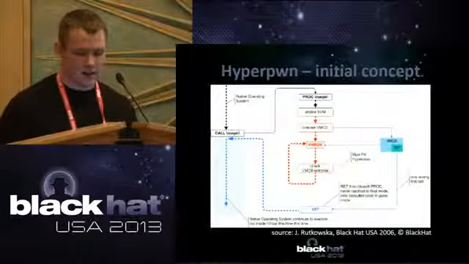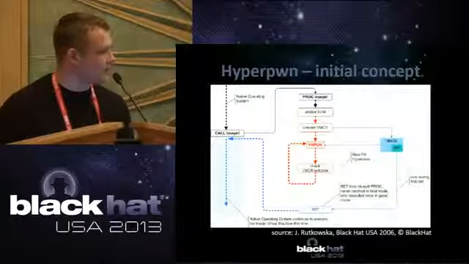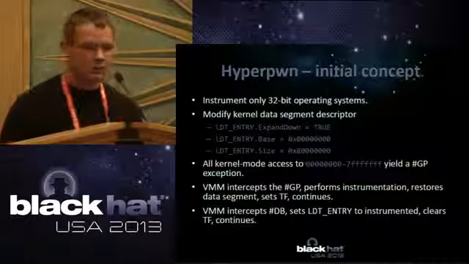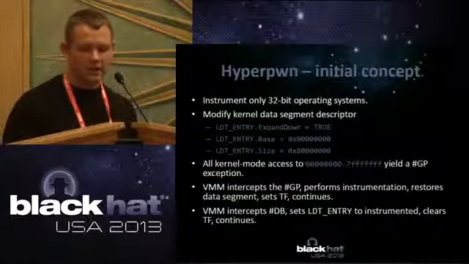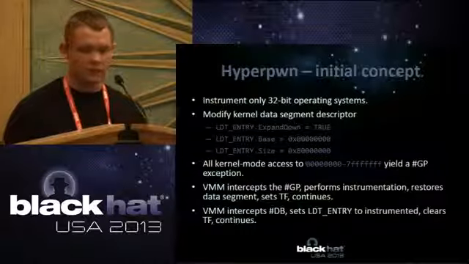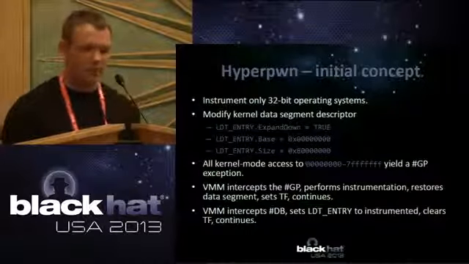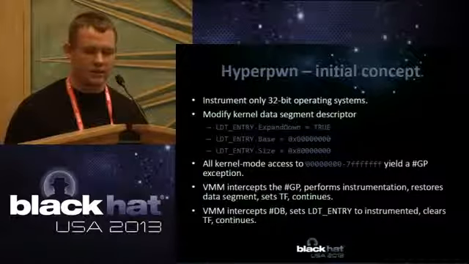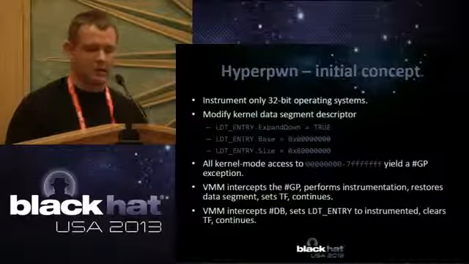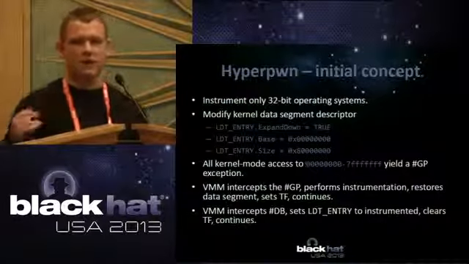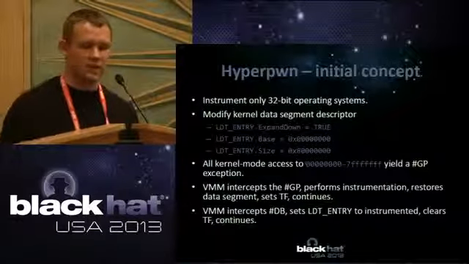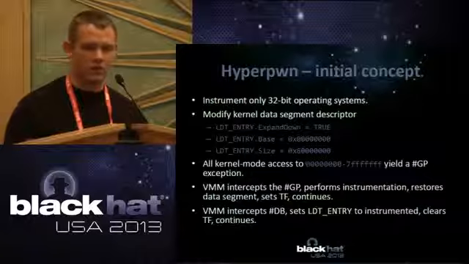As you can see here, this is the detailed design of that, about how we would intercept the memory reads. The basic idea would be to instrument 32-bit operating systems, which are the same code base as 64-bit, and do some GDT magic to replace the data segment for the kernel, to expand down with base 0 and size 8000, which would result in having the same base, such as the kernel's. All of the memory fetches would still work, but then an exception would be generated for all fetches from user mode